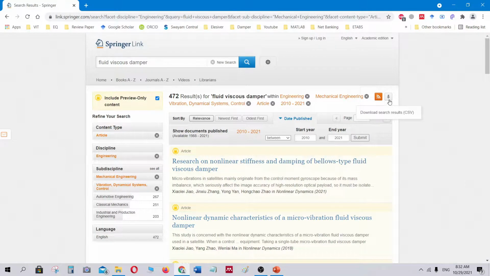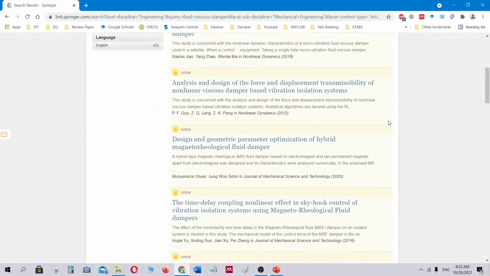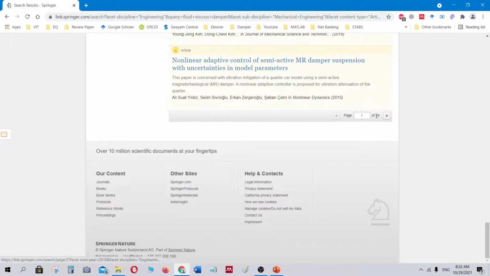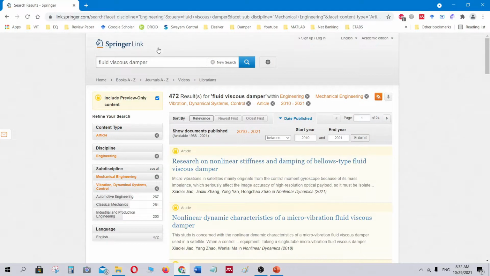And here you can download the search result and convert it into Excel format and filter based upon your need. So this is the first method of searching your research article based upon full text.